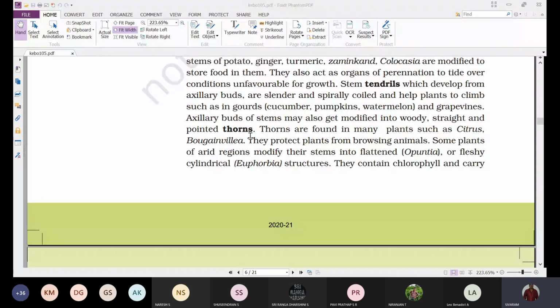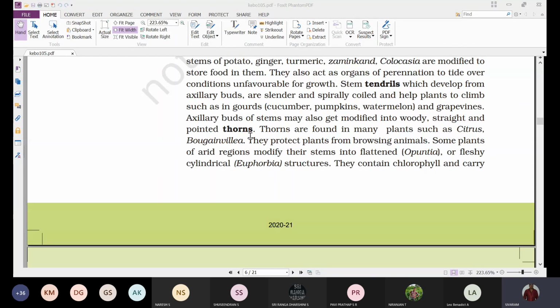That means generally the stem is cylindrical, round in shape, and elongated. But in some plants which are growing in arid conditions, that means a desert, where water is less available or there is water scarcity, in those regions also there are some plants growing. And how they are adapted to grow in that environment is that